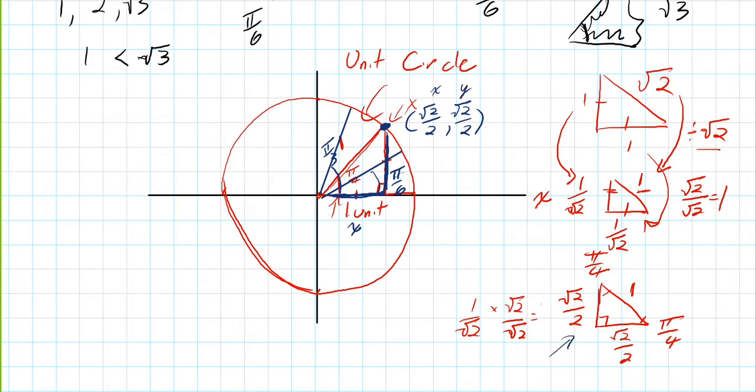I could have called it also 1 over root 2. Just, depends on how you prefer to look at the number. Okay, so we've got that coordinate now. We've made a small triangle with it. We got to do the same thing with our other special triangle. So our other special triangle,